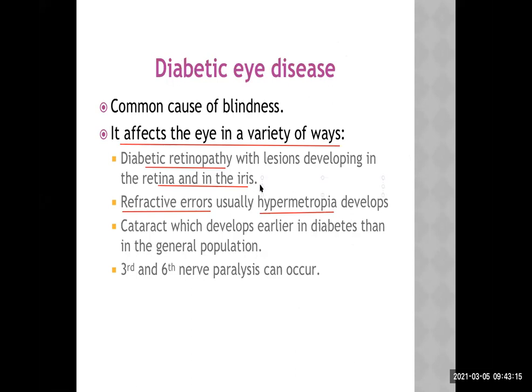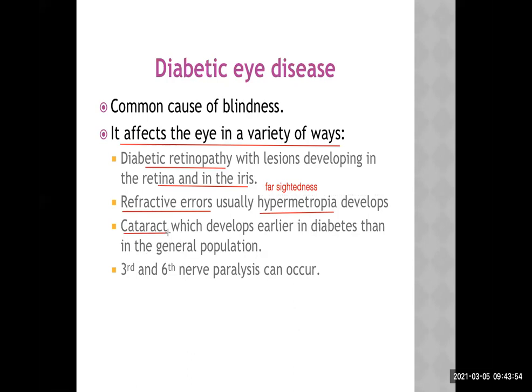So let me write that term so that you will not be confused. Okay, farsightedness. Okay, means far. The thing which is a bit far away can be seen easily. The things which are near cannot be seen properly. And another student was also mentioning it very correctly in the history. If I ask properly, they keep on changing their glasses because of the change in refractive error. This is a very important history to take in a case of diabetes. Let's move on.